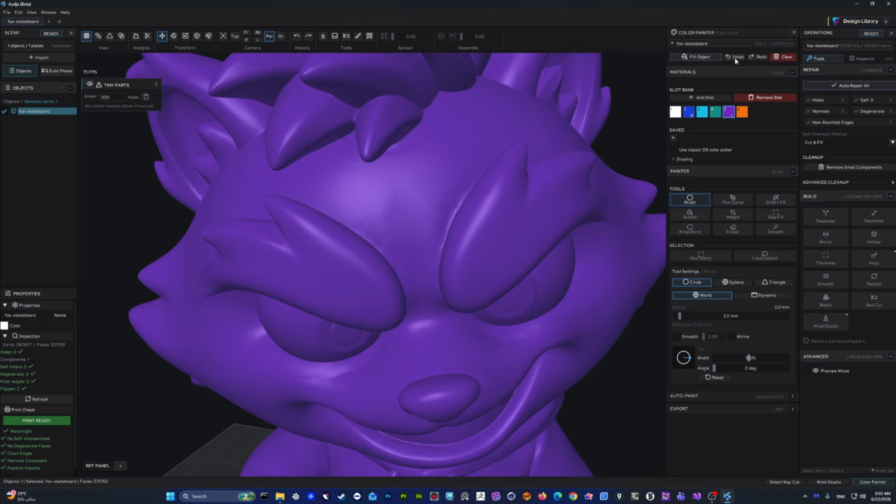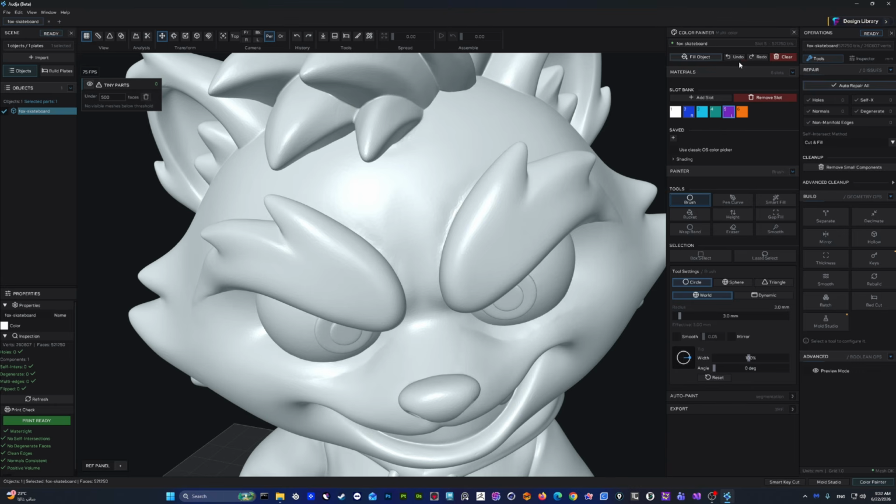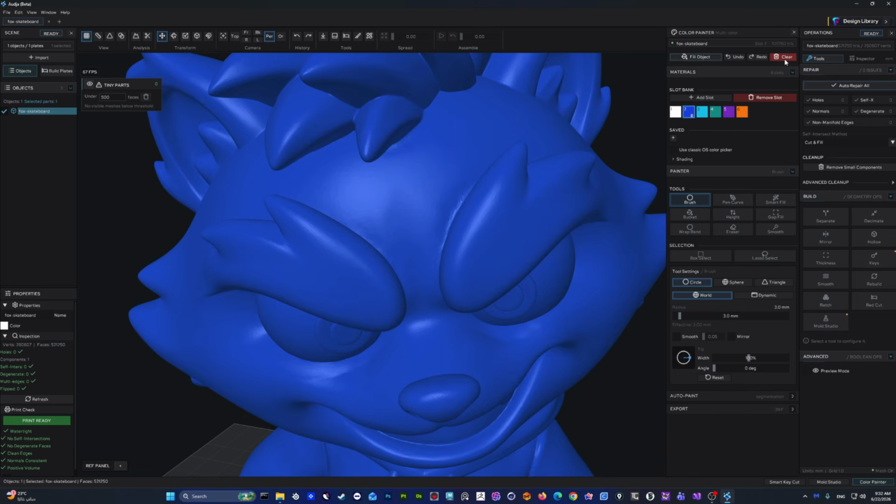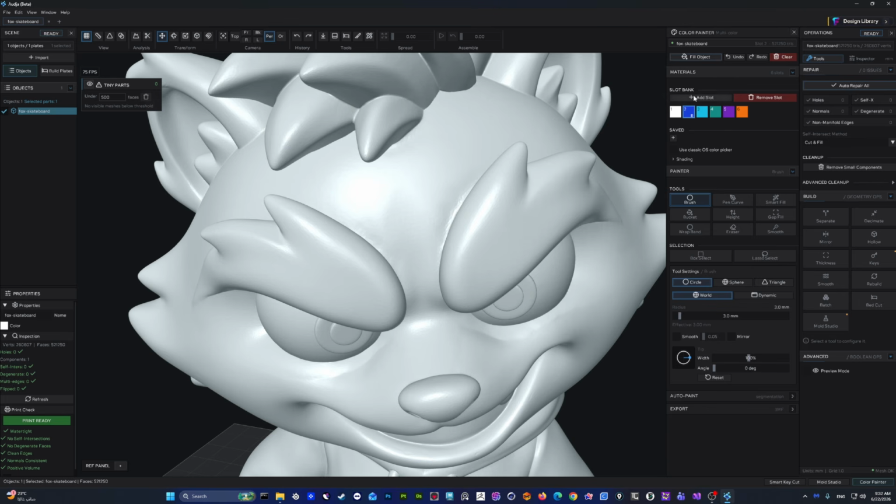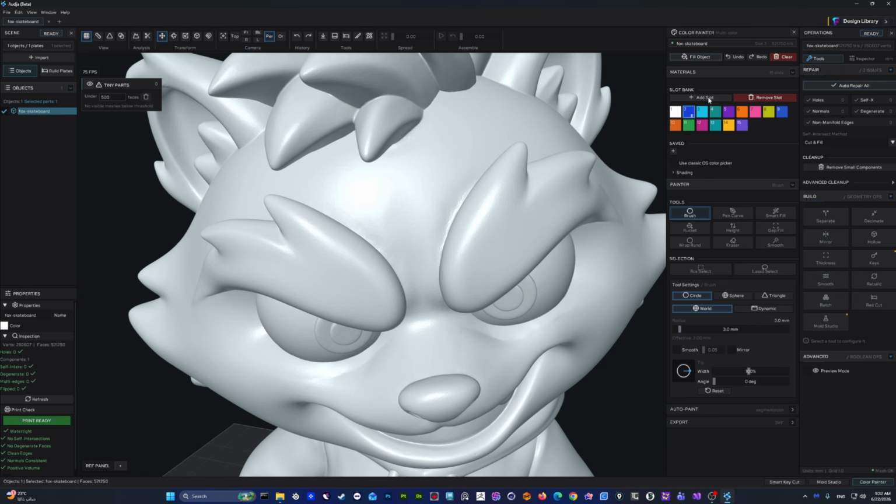And if I don't want to control it from here, I have this undo and clear. If I press here, it's gonna remove any color on the mesh. And I have a slot control from here if I want to add a slot more. That's the maximum, 16. And I can remove it also,